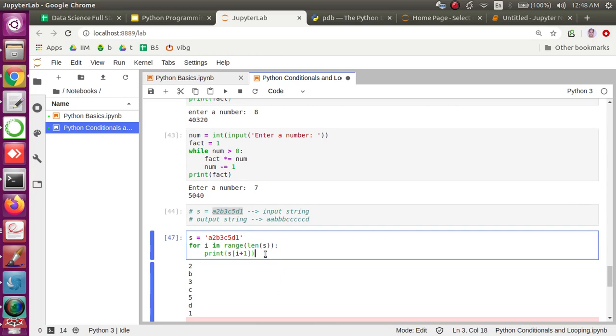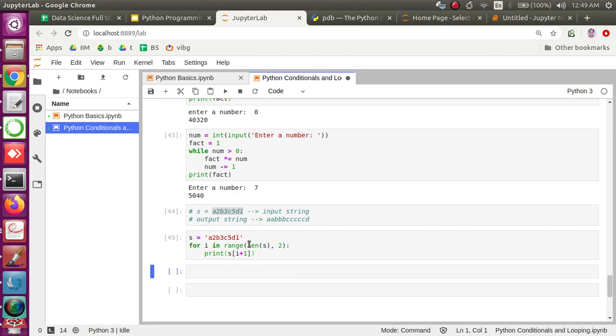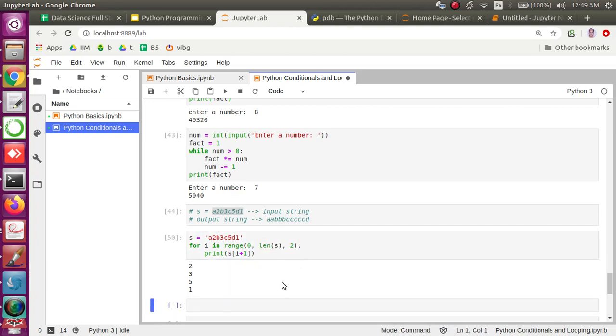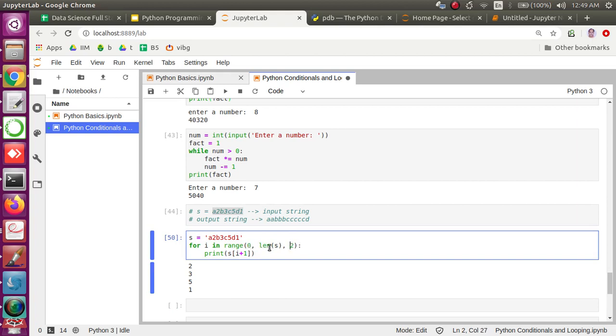the range, correct? So what we can do is try and get the values incremented by twice. The step size I can use as twice, and let me check if it does something. No, it should be starting from 0, so I have to use this. If I want to use the second index, I have to use the last index, then I have to use the first as well, right, the argument. So these are the values we can use, and I see that this gives me 2, 3, 5 and 1, so only the numbers, right? So that's what our input is, correct?